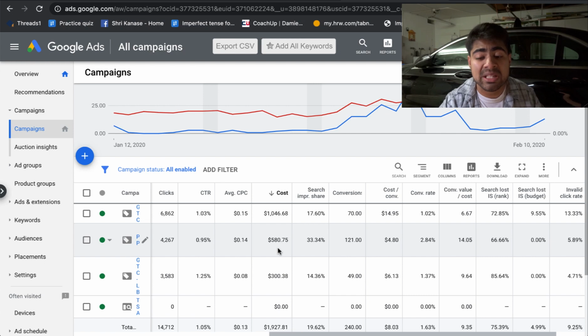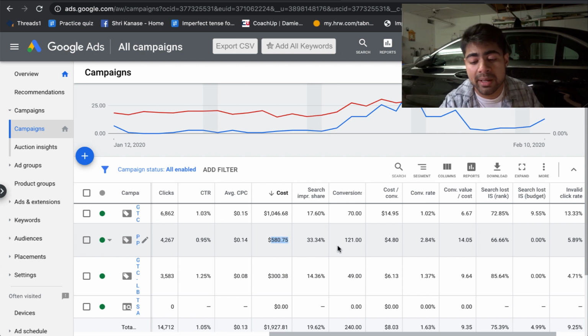Surprisingly, the second campaign is my smart shopping campaign. As you can see, it has spent a significantly lower budget compared to my general testing campaign, which is normal because number 1, I have a lower amount of products, only 5 to 10 within this campaign, and number 2, smart shopping campaign has full control over your bidding and how it's winning the auctions and when it's winning the auction. So it determines itself when to spend your money and when not to,